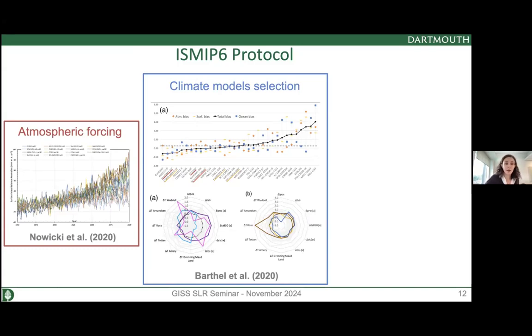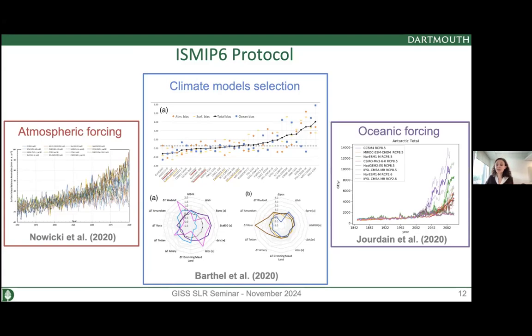We applied surface temperature and surface mass balance anomalies compared to present day conditions to account for biases that can happen in these models. The next thing is oceanic forcing, and that's a lot harder, because of two things. First of all, ocean conditions tell us what the ocean temperature and salinity are, and so there's quite a lot of work to do to go from ocean conditions to melt applied under Antarctic ice shelves, and this is a whole different topic.